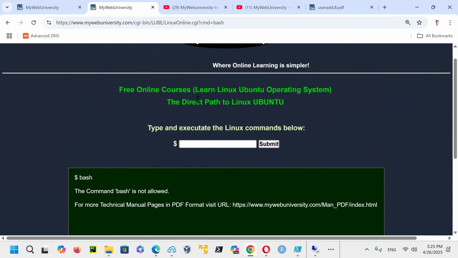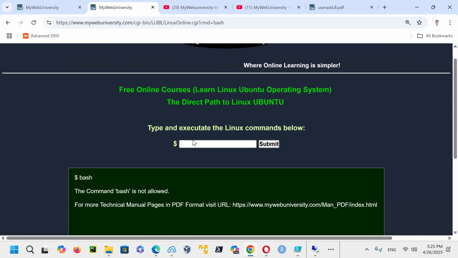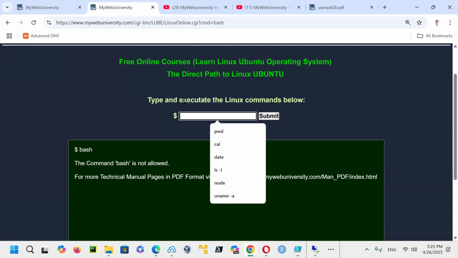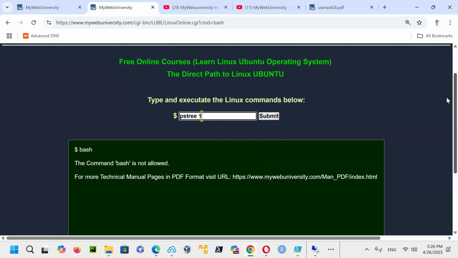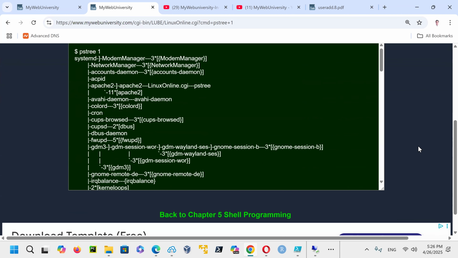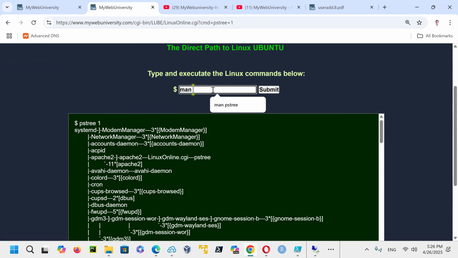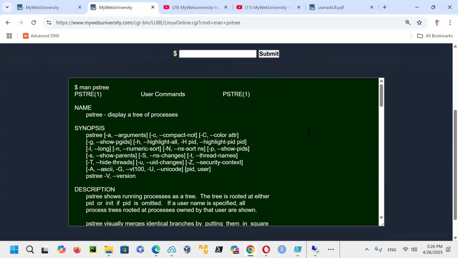So now this course is available for free at this time. You're welcome to execute it and run the commands, practice every command that you learn in chapters 2, 3, 4, and 5, and then practice it here online. So for example, if you say, give me a ps command with the process ID of 1, then you can see here it is just giving you the output, process ID 1. And last time I was not able to do a man on chapter 5, man ps. For this one, because I programmed it, it's going to show you that.